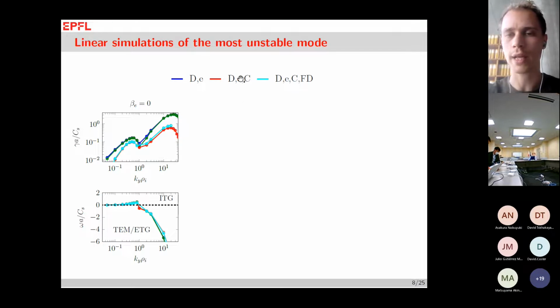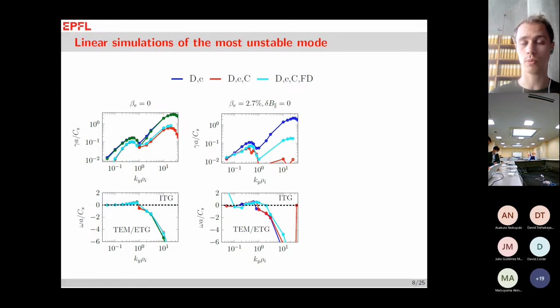If we go one step further and we include also fast ions, we see that we get just a very slight increase in the growth rate at the ion scales and a slightly larger increase at the electron scales, but otherwise there's no big difference. The next step is to repeat these scans, but including beta. Then we get some changes, as you can see. First of all, we can see that all growth rates have slightly decreased. So we have stabilization because of beta. In particular, there's a big effect for impurities at ETG scales, but otherwise, all the other cases have just slightly gone down.